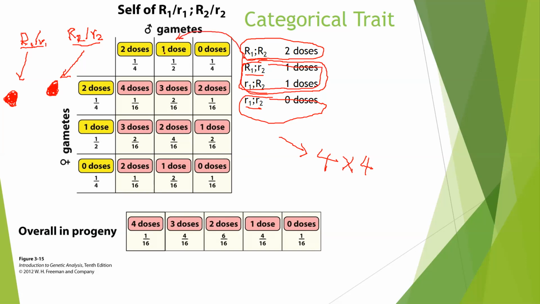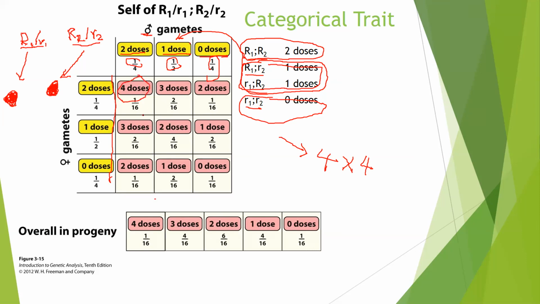So for one parent, the male parent, half of the gametes can produce 1 dose, 1/4 of the gametes can produce 2 doses, and another 1/4 produce nothing. The same is true for the other parent. So if you look into this Punnett square, you can easily summarize